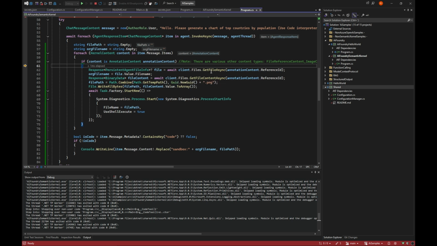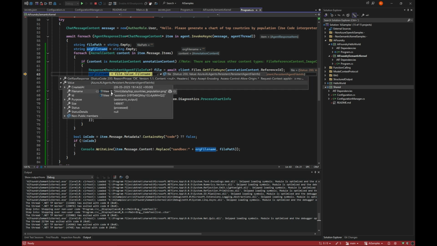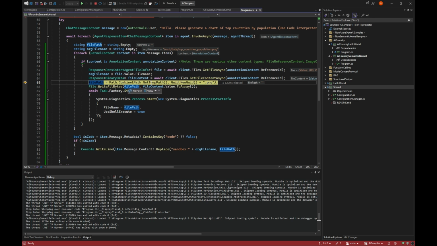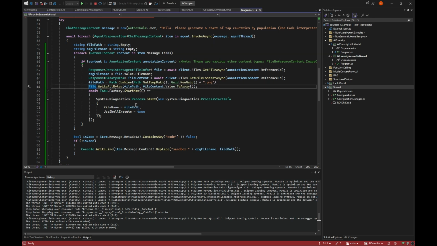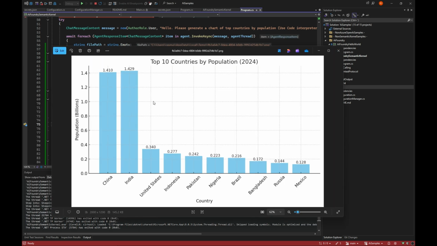So we can get the file by using the annotation content on the reference ID, where we then get to know that the file is here, and a bit about it, among other things, what it was called when it was inside the Python. Then we can get the file content itself, which we just get back as binary data. And in my case, I'm just saving it to my temp folder, write all the bytes, and run it. So we actually see the image that it produced.